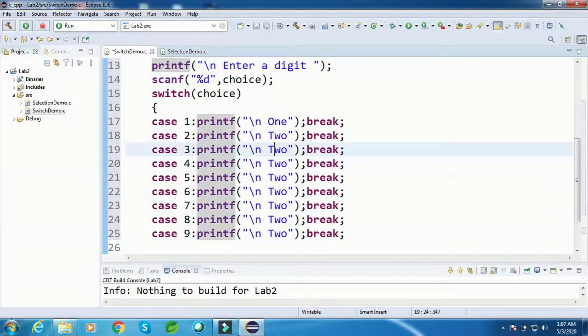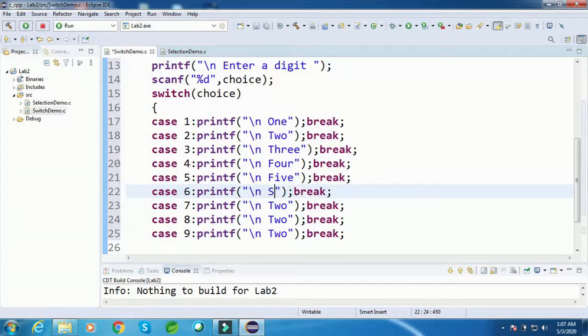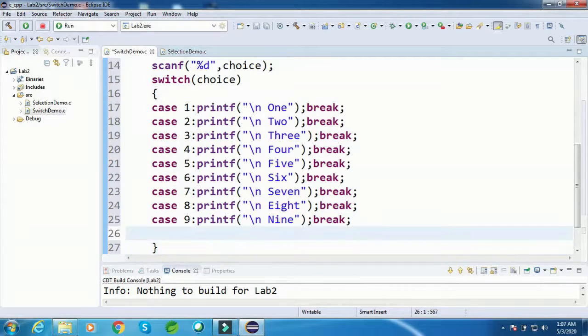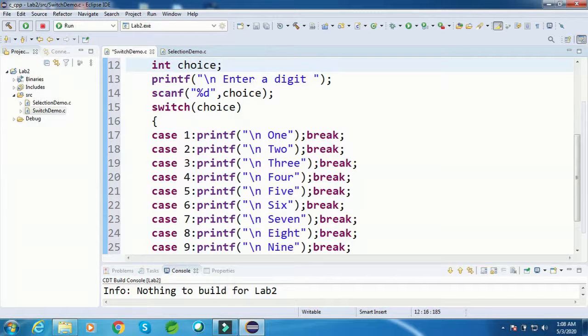Similarly I have to type 3, 4, 5, 6, 7, 8 and 9. So in my switch case, I have created 9 cases which will print the particular value for the entered choice.